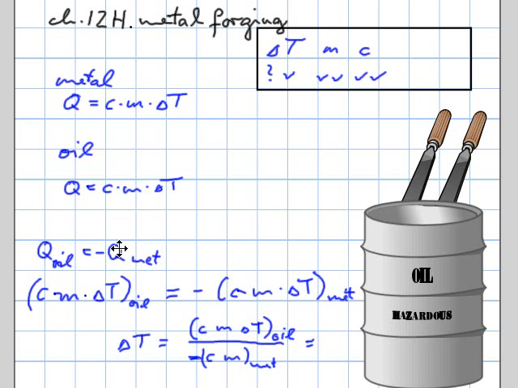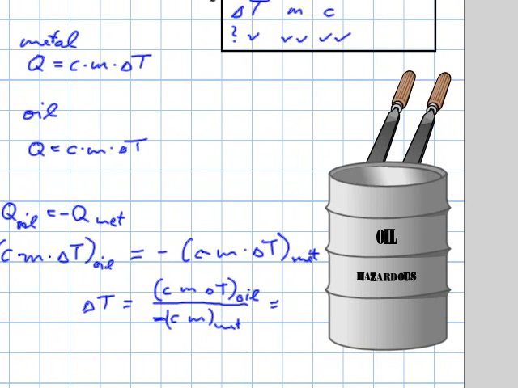The heat flows out of the metal, so this one is negative, and therefore in order to equate the two here, I put an additional negative in here. So this is a negative of a negative, making that positive. Then this one is for the oil, this one is for the metal, this one is for the oil, this one is for the metal. So you come up with some kind of temperature difference. This one will come out to be a relatively large negative number in Celsius degrees,